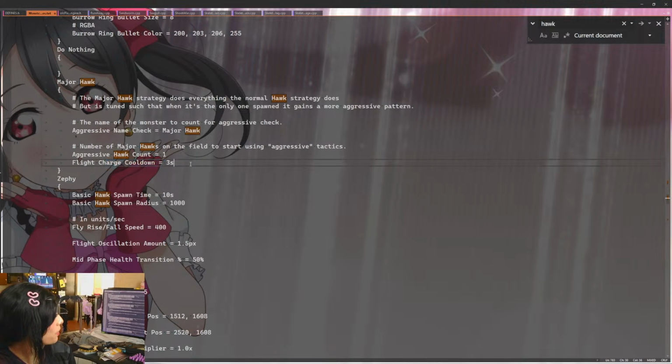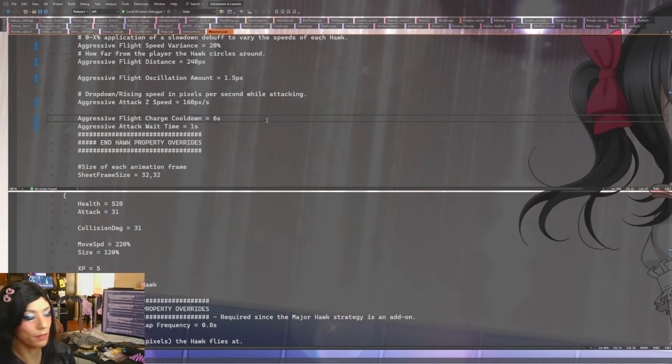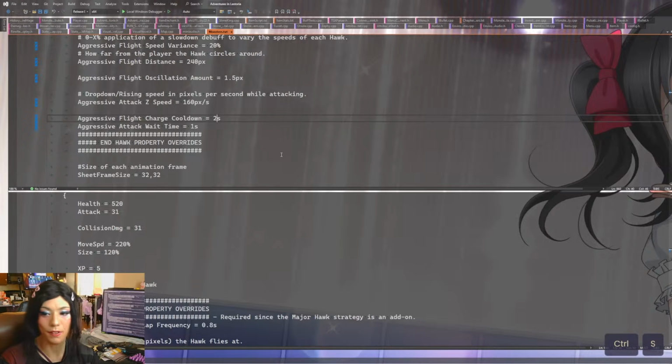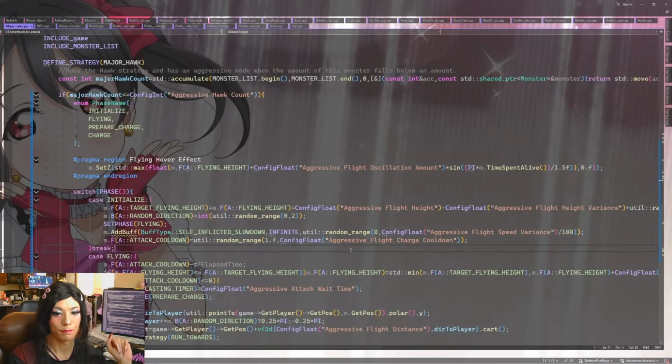Flight charge cooldown. Oh, I see. 3 seconds. Then why do I not... Okay. So I see what I did. I should have put the 3 seconds overwritten in here, or make it the same. I guess I should make it the same if it's aggressive. Like, even faster, right? I guess so.